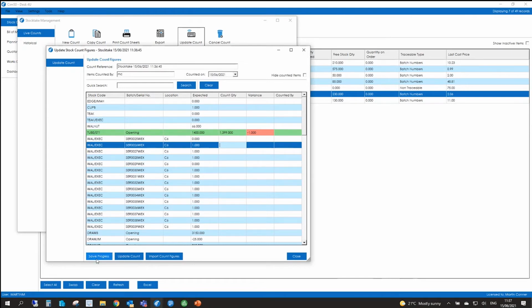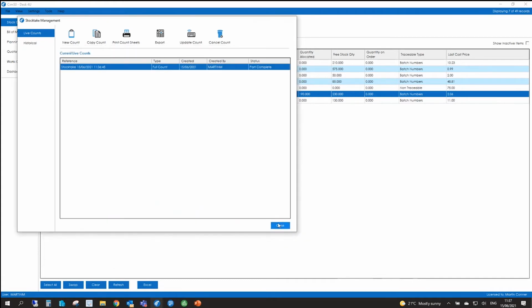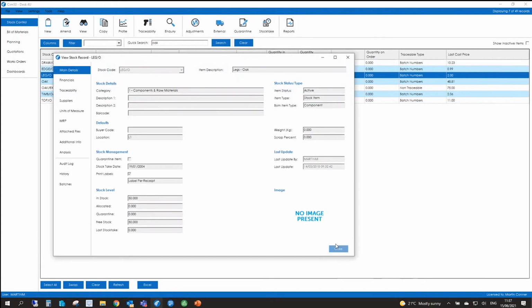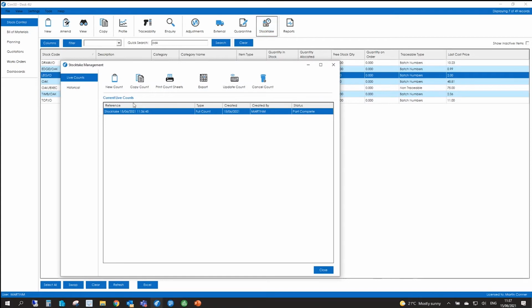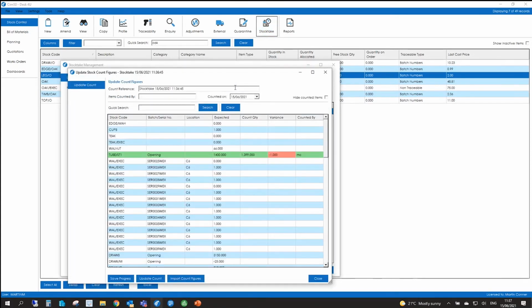I can either save the progress, so I can keep coming back to this, or I can update the count. If I just save the progress for the moment and I try and do a stock movement for an item which is in the stock take, I get a message. Okay, so I can't do any stock movements while the item is being stock taken. So that's a setting. If I go back to my stock take and I update the count,